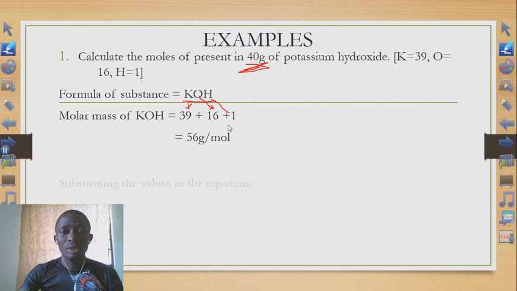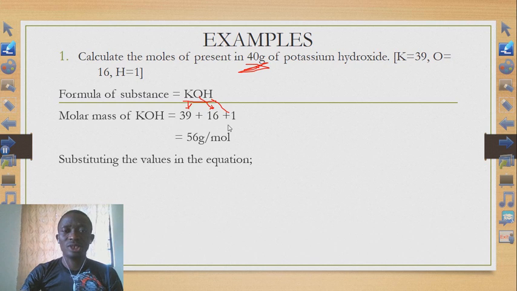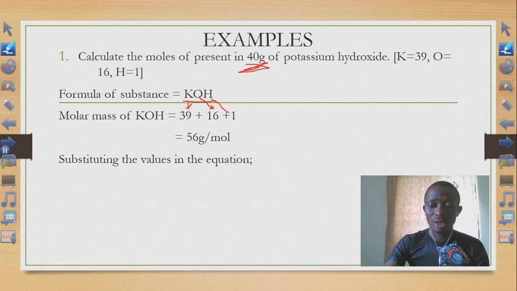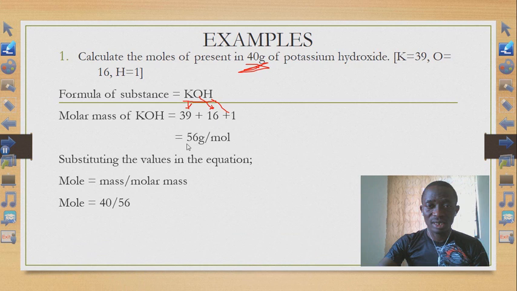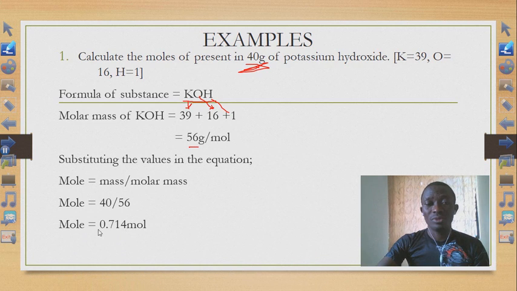per mole. So I move ahead to substitute in the equation, and by the time I substitute, I have mole equals mass over molar mass. The mass as given is 40 grams, then the molar mass as calculated is 56, so I have 40 over 56, and I have my mole to be 0.714 mole. Now it is very important for students that will be writing WASC that every final answer must be in 3 significant figures, so that's why I have my answer as